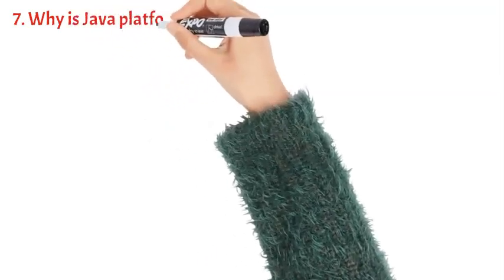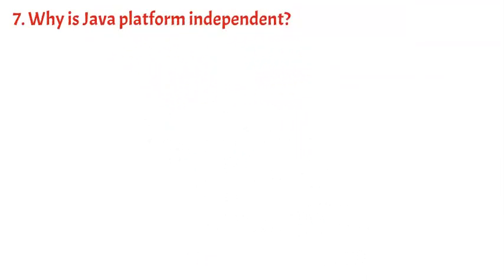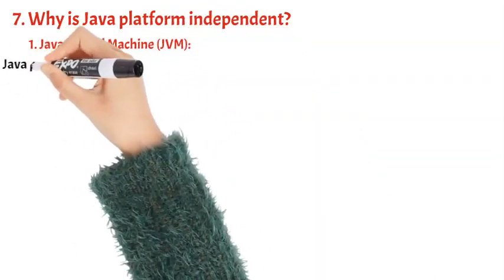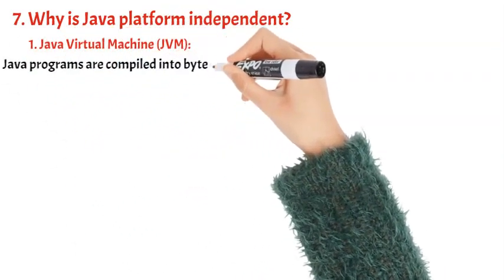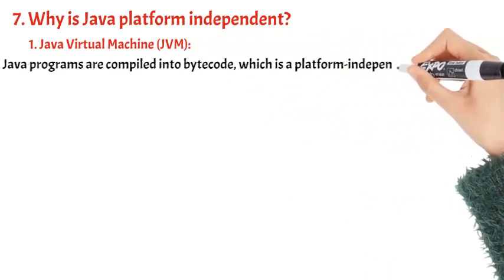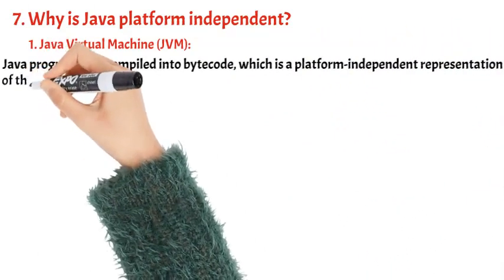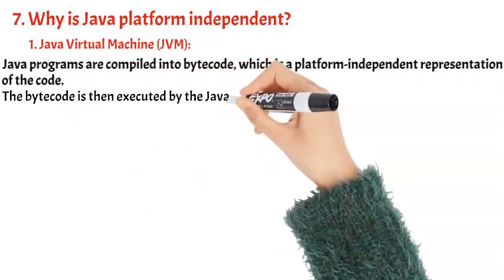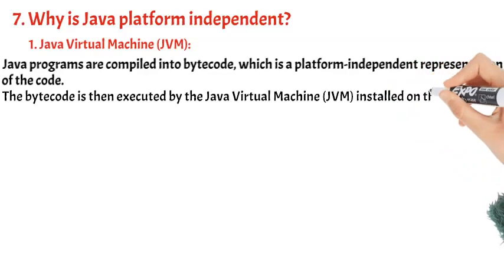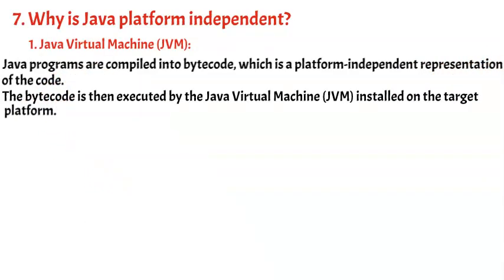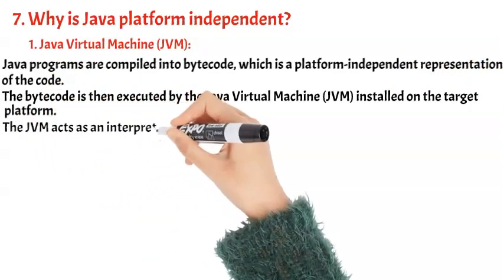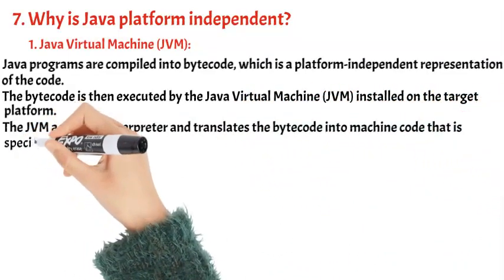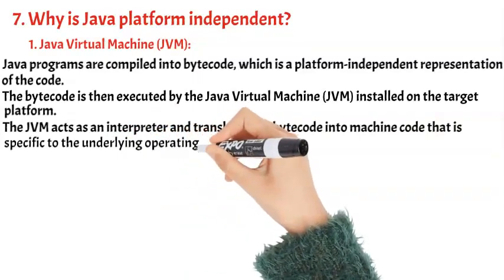7. Why is Java platform independent? 1. Java Virtual Machine, JVM. Java programs are compiled into bytecode, which is a platform-independent representation of the code. The bytecode is then executed by the Java Virtual Machine, JVM, installed on the target platform. The JVM acts as an interpreter and translates the bytecode into machine code that is specific to the underlying operating